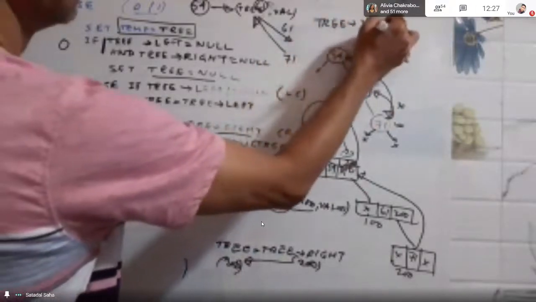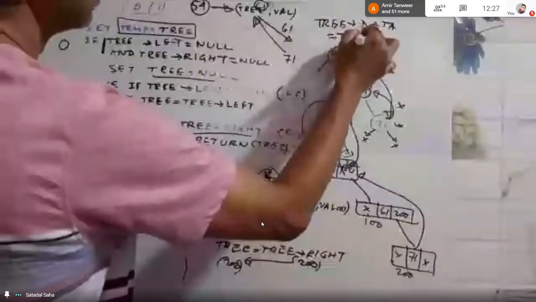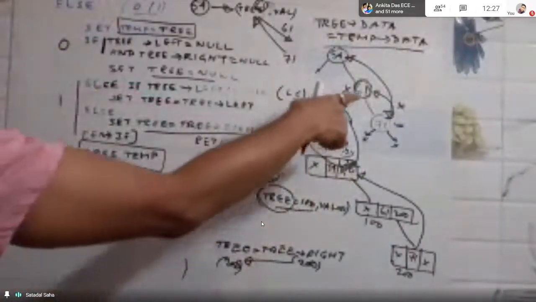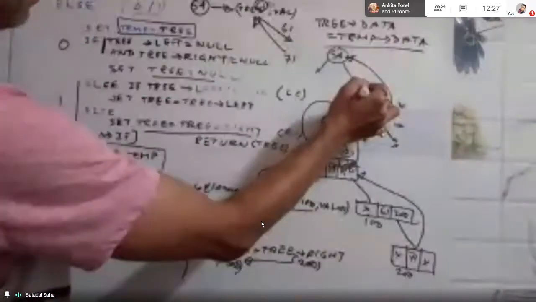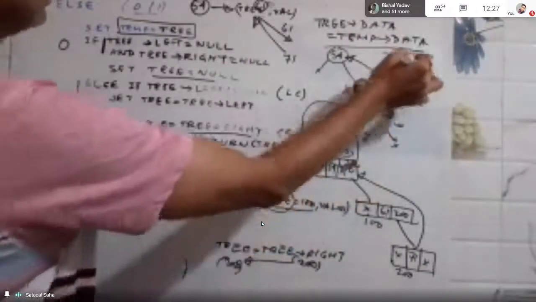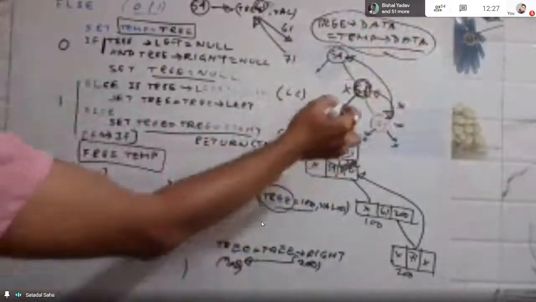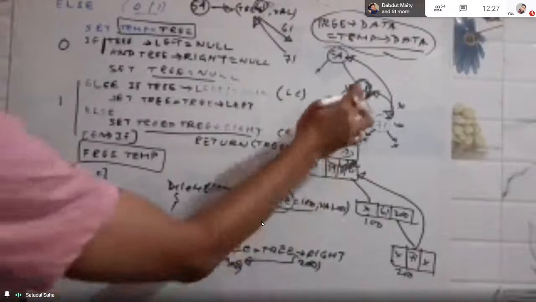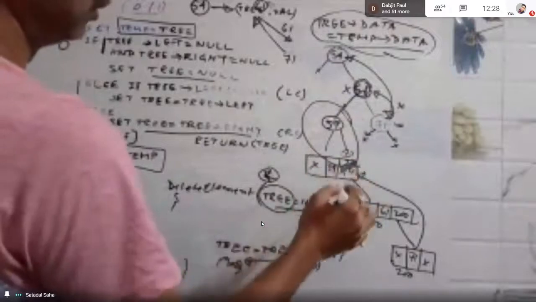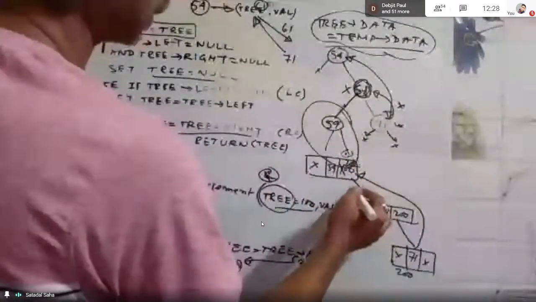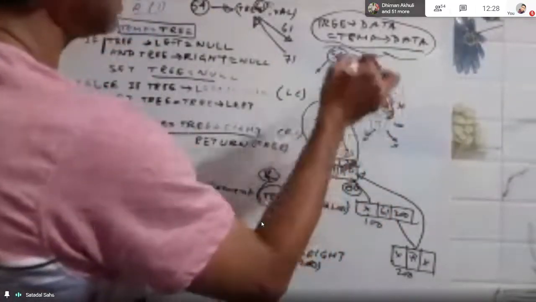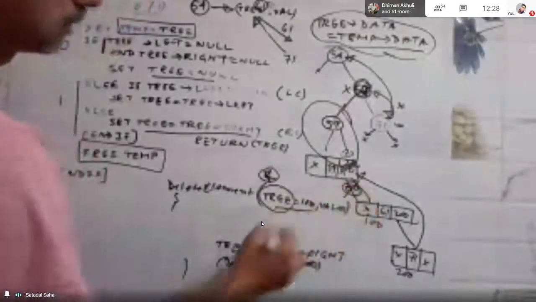3 data equal to 10 data. We are just copying the value. 3 is this point. We are just replacing the value of this 3, that is 61, by some value at this point. এখানে কোন একটা ভ্যালু দিয়ে রিপ্লেস করলাম। So এইটা কিন্তু রেফারেন্সে চেঞ্জ হচ্ছে না। We are changing the data at a particular node. In that case, it will be replaced by some other node's value. For example, if it is 60, then we are replacing this 61 by 60. In that case, we need to delete this node 60.